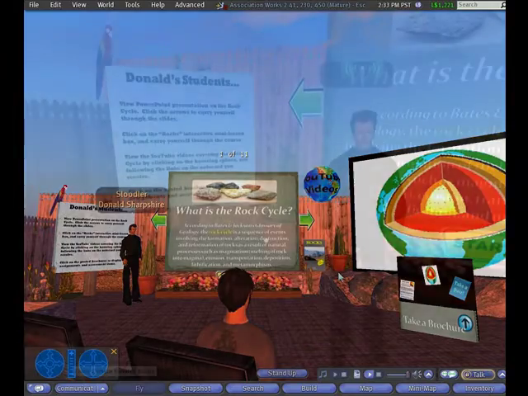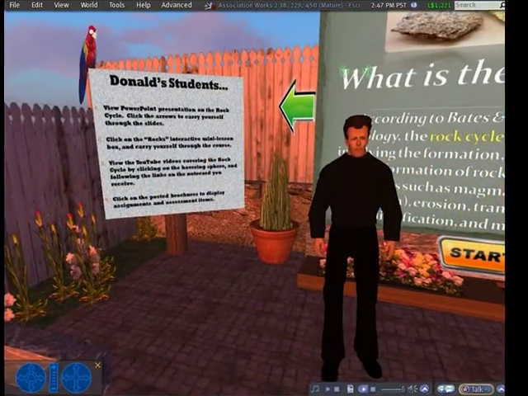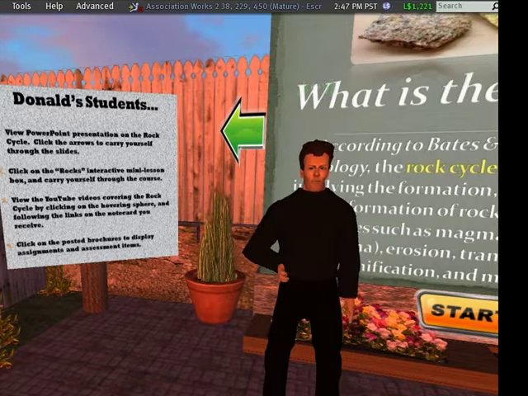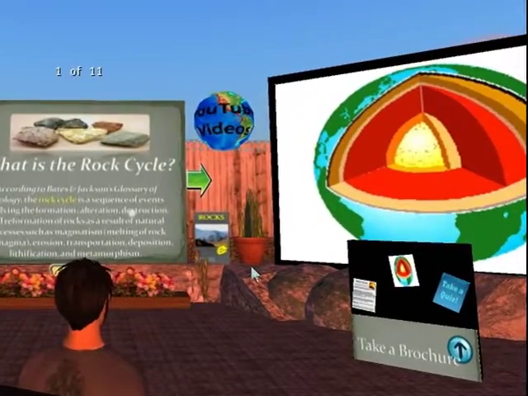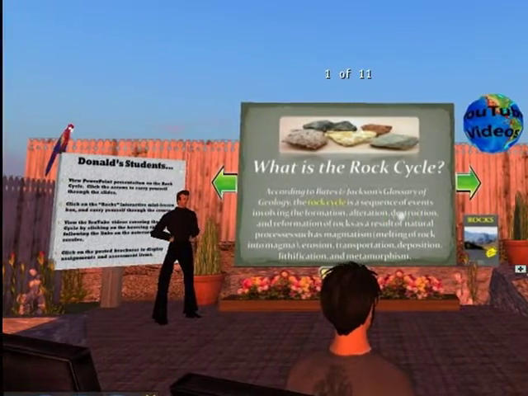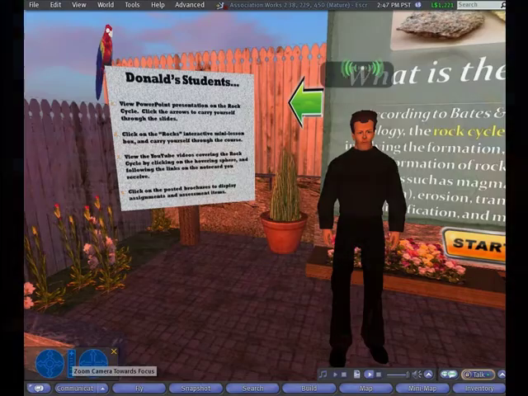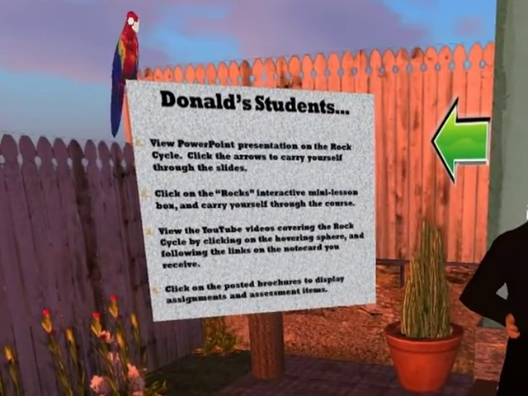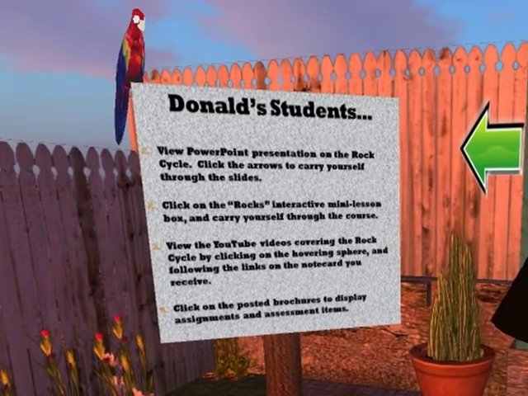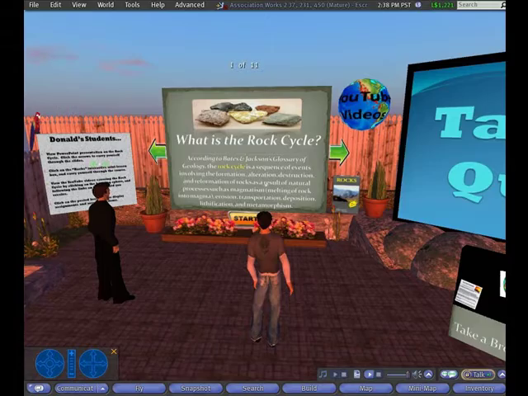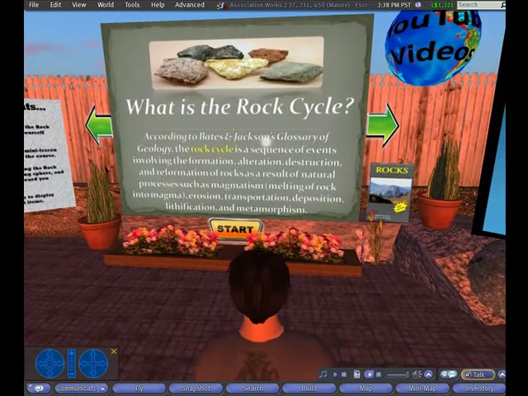My name is Donald Bourne, and I am the instructor for this little course on the rock cycle. What you see here is a series of interactive, clickable, instructional tools that teach you about the rock cycle, and you pretty much go from left to right while you're in here to get the whole course. The first thing you're going to see is this PowerPoint presentation on the rock cycle, and to carry yourself through that, you click on the arrow on the right side of it, and that will carry you through the